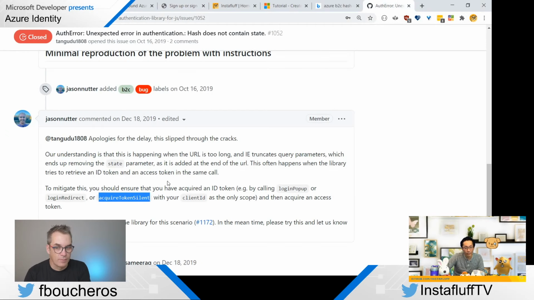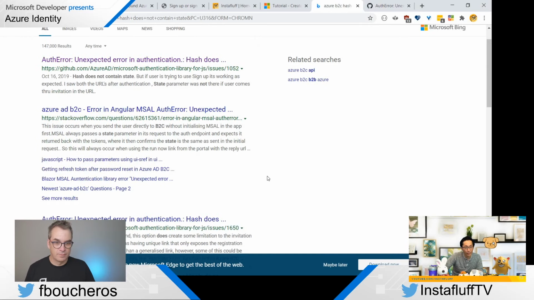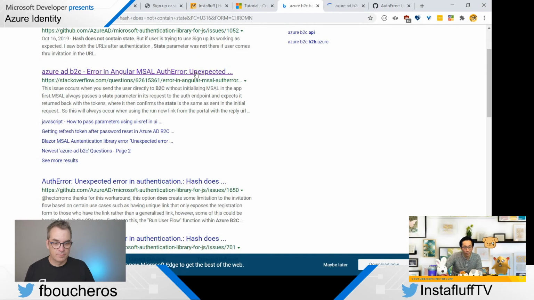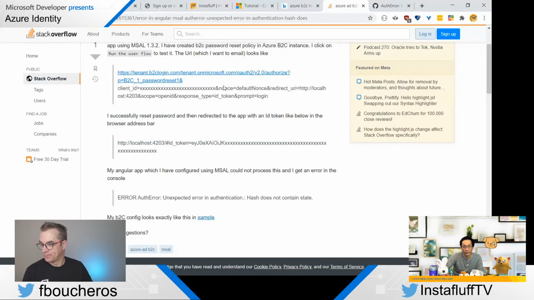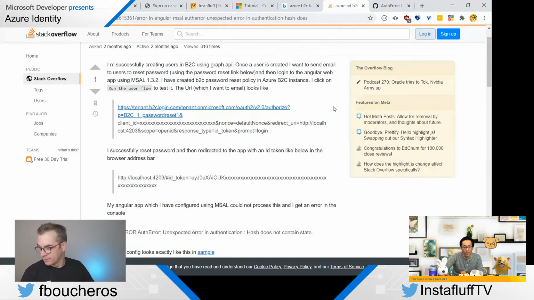This acquire token silent seems like the way to go. Or login redirect. Maybe there's another way. Error in Angular authentication. Here, the tenant, and then click on it below, and then it looks like this.